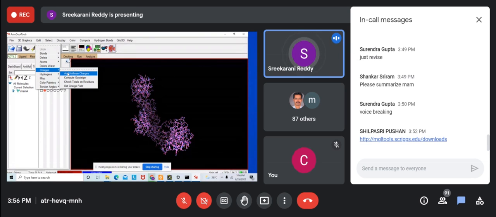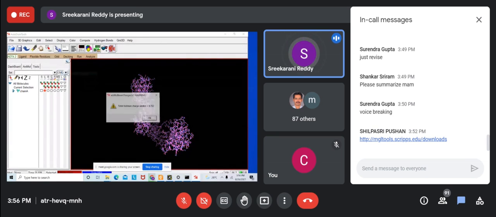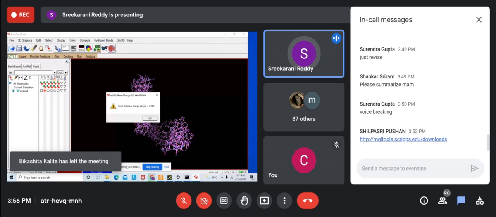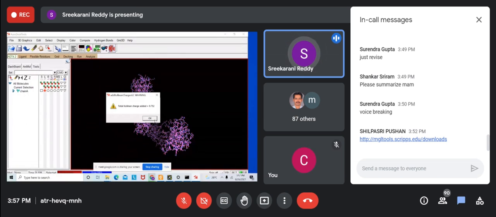This particular script of AutoDock has been written in such a way that they have calculated, from quantum mechanics, the electrostatic potential of a particular amino acid, and they give a template value. So if you add the Kollman charges, you will get calculated charges for this particular macromolecule. So now I am saving it.